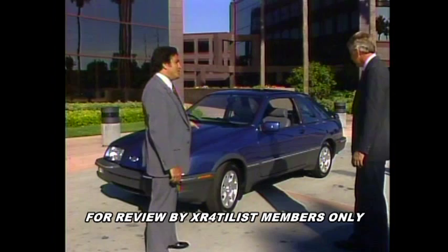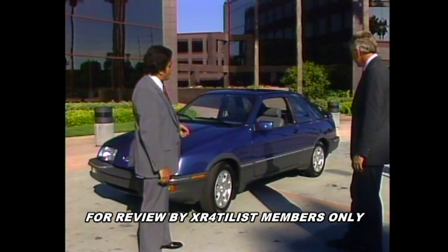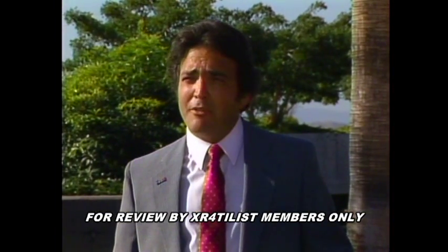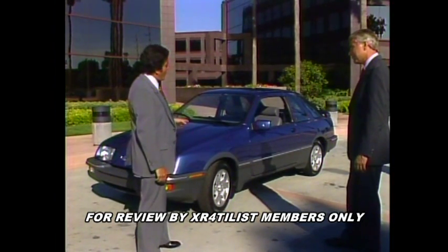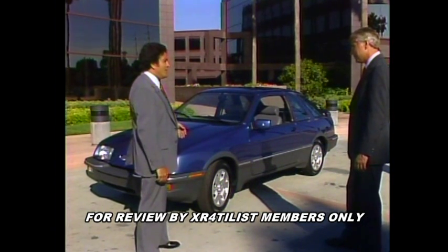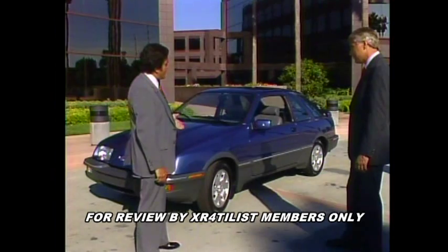At a glance, you can see that the XR4Ti displays a unique exterior shape. You might call it clean or smooth, but more accurately, it's slippery. To excel in the 80s, an automobile must master aerodynamics. It must move over the road and through the air mass with a minimum of disruption. As you enhance the aero efficiency of the automobile, you improve the qualities of ride, handling, quietness, and the general